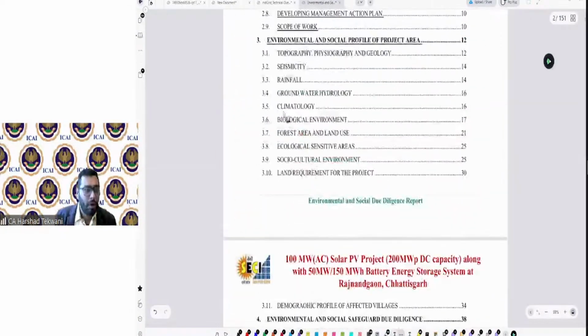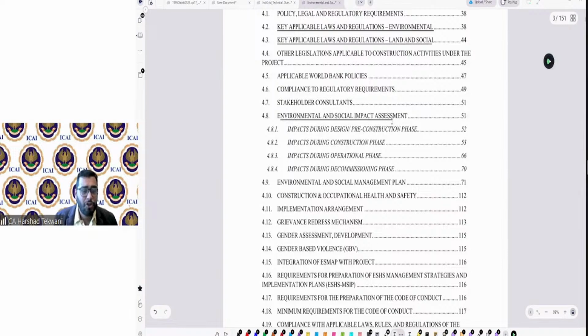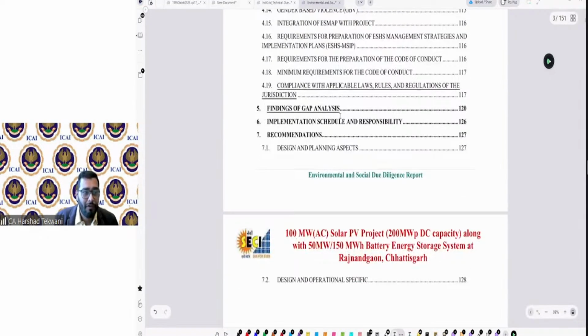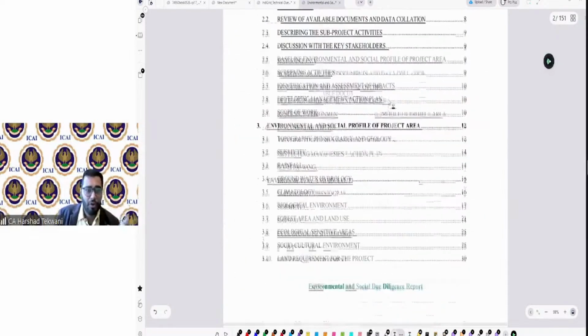Just for example, if I show you climatology, groundwater hydrology, ecology sensitive areas. Okay, key applicable regulations, land and social, key applicable regulations, environmental and social impact assessment, impact during design and pre-construction phase, impact during construction phase, impact during operational phase, impact during decommission phase, gender assessment and development, grievance redress mechanism, compliance with applicable laws, rules, and regulations of the jurisdiction. Okay, findings of gap analysis, implementation schedule and responsibility, recommendations, whatever they have. So just see how the report is drafted. And if I just show you the methodology part,